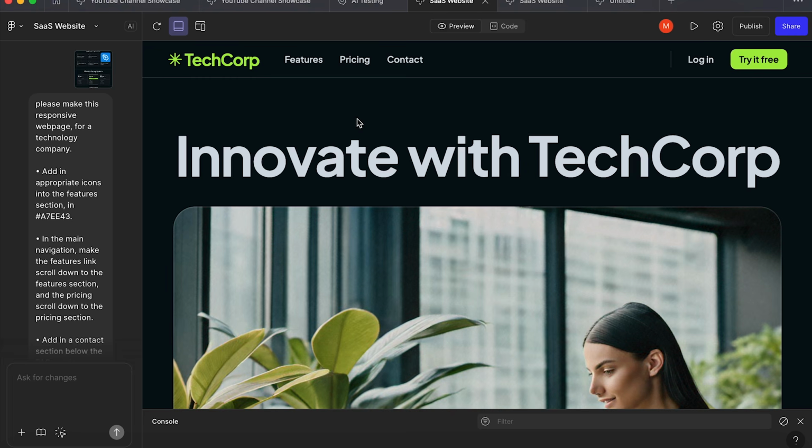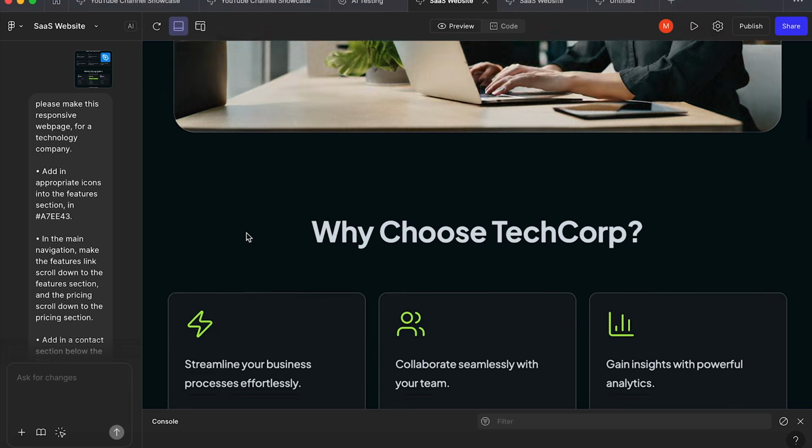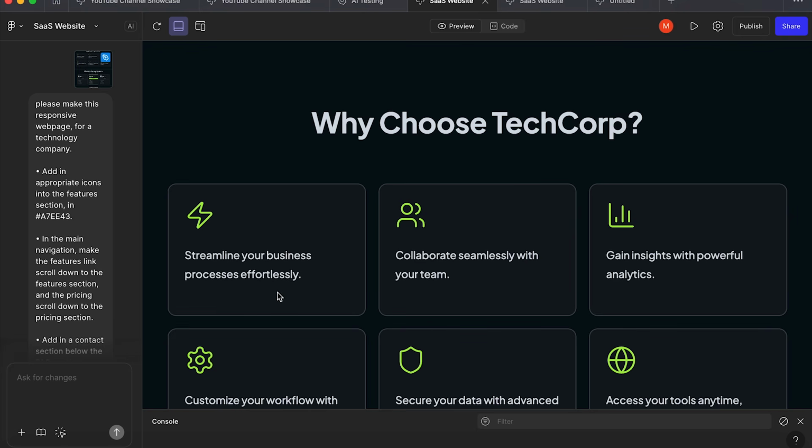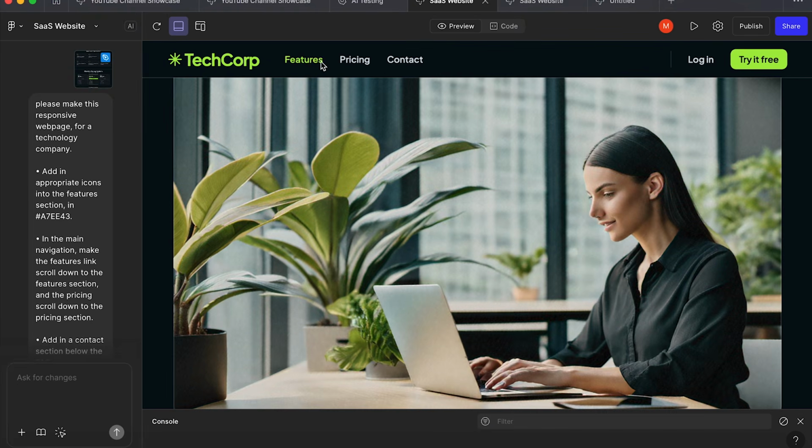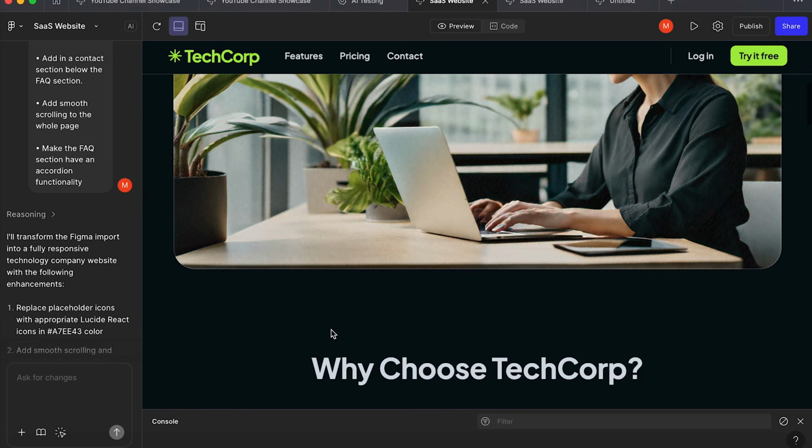So I've already started a Figma Make project with a frame from Figma Design. So I asked it to make a responsive web page for a technology company. I also asked it to make appropriate icons into the feature section, since it came up with some plug and play information, and it did a really good job of coming up with some icons that matched what the content is. In the main navigation, I wanted it to link to specific areas in the design,